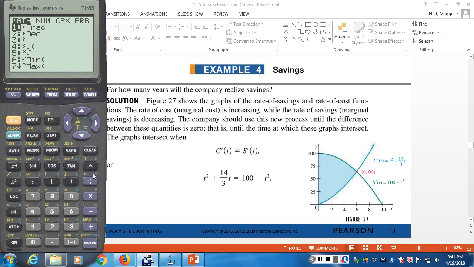So we'll do the numerical integration of y1 minus y2 with respect to x from 0 to 6,